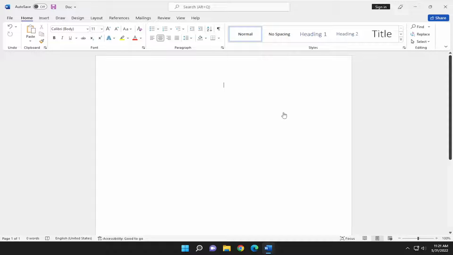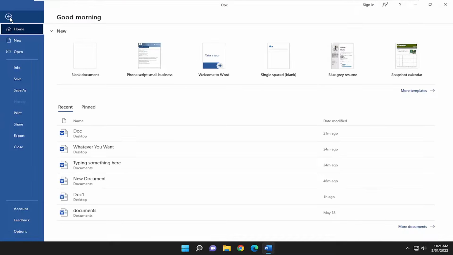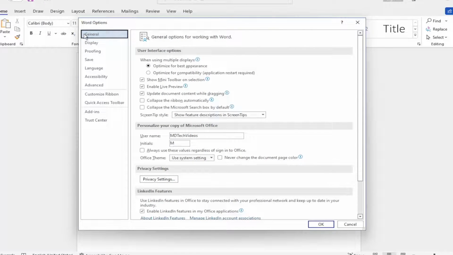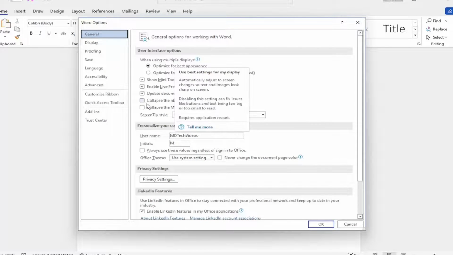So all you have to do is go ahead and open up whatever Office application you want. So in our case, we're using Microsoft Word. Select the File tab and then go down and select Options at the bottom here. On the left side, just make sure you're underneath General, and then on the right side where it says Show